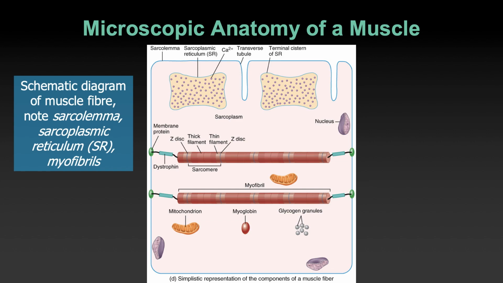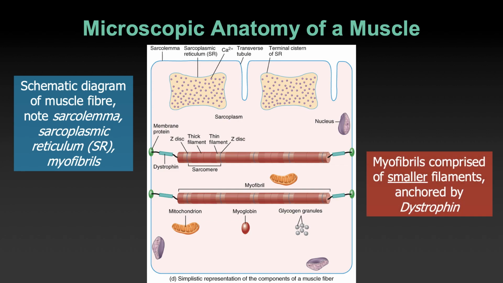Here we can start to see the striations. We talked about at the whole muscle level, it's striated, it's banded, it's striped. Well, that stripy nature comes from the different gradients or different bands along the myofibrils. All of the myofibrils together give us this striped or striated picture at the whole muscle level. And you can see those stripes as you move from left to right through the myofibril. And then also notice